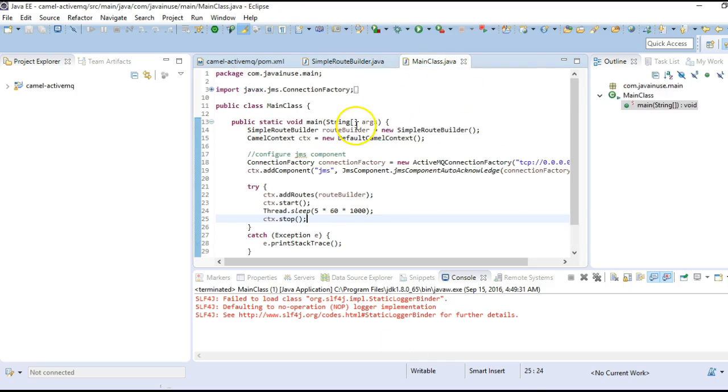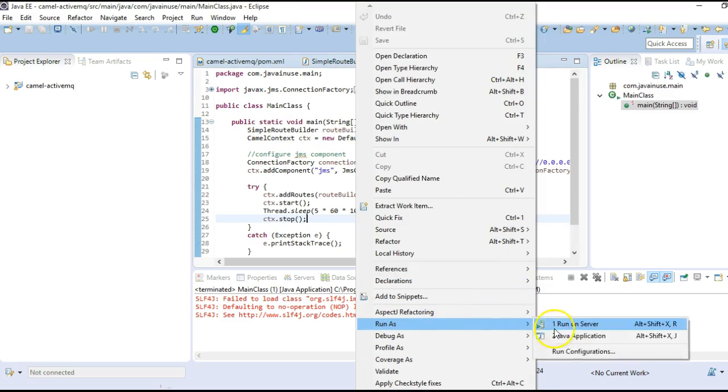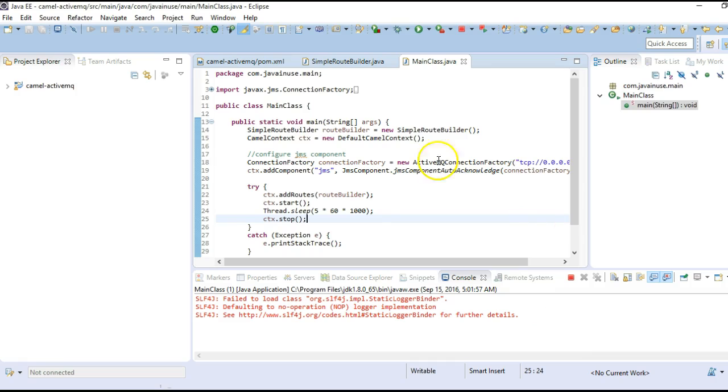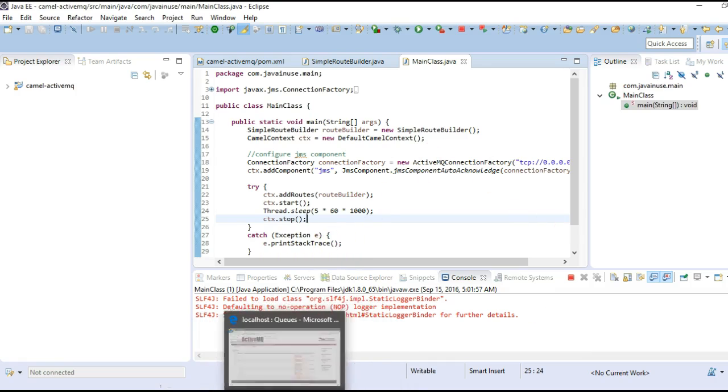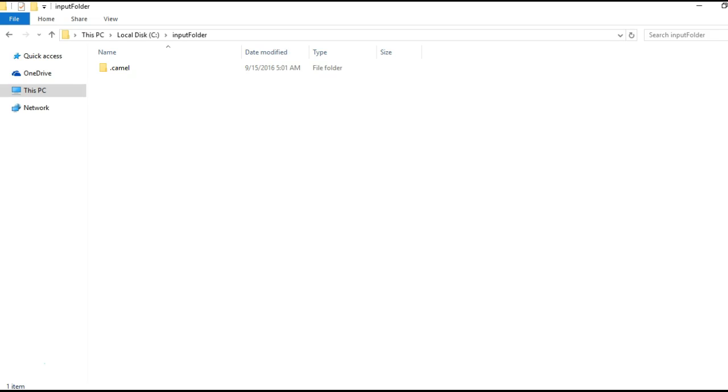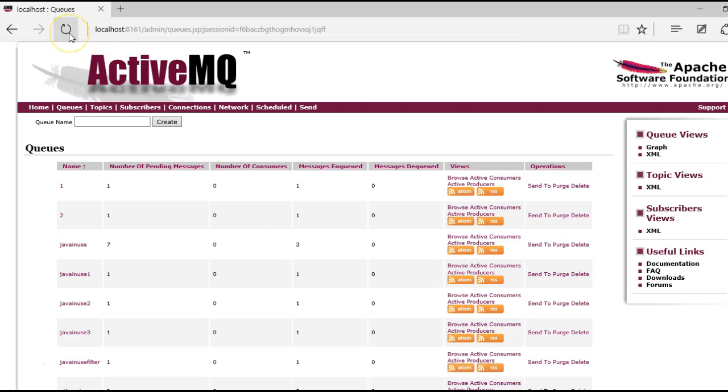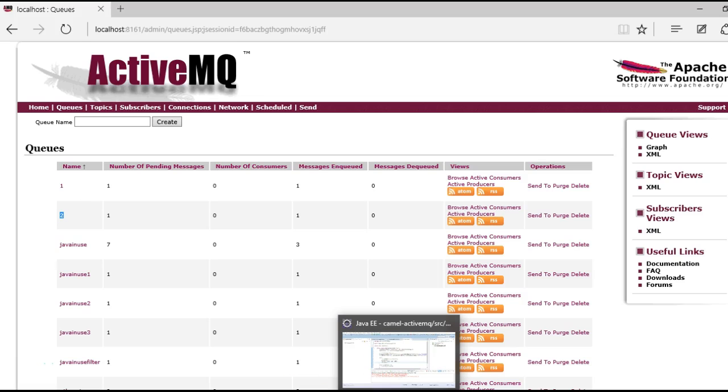So let's run this application. It has been consumed. So 2 new queues have been created, because in the recipient list we passed a queue name as 1 and queue name 2.